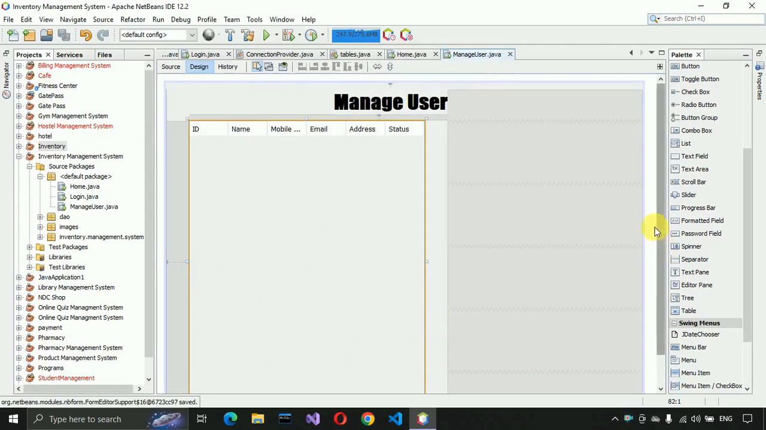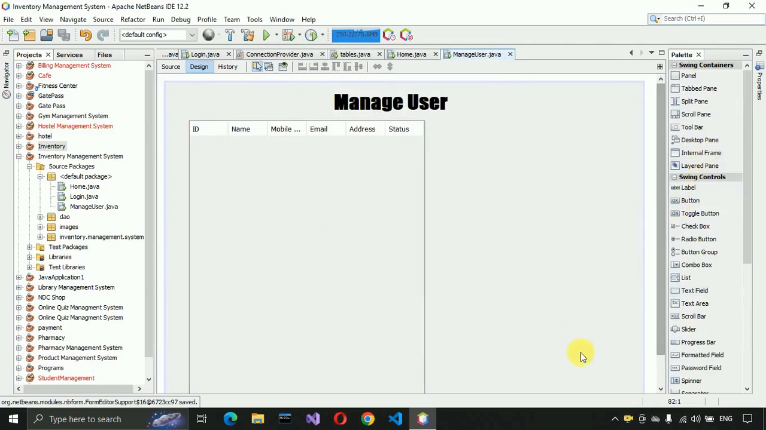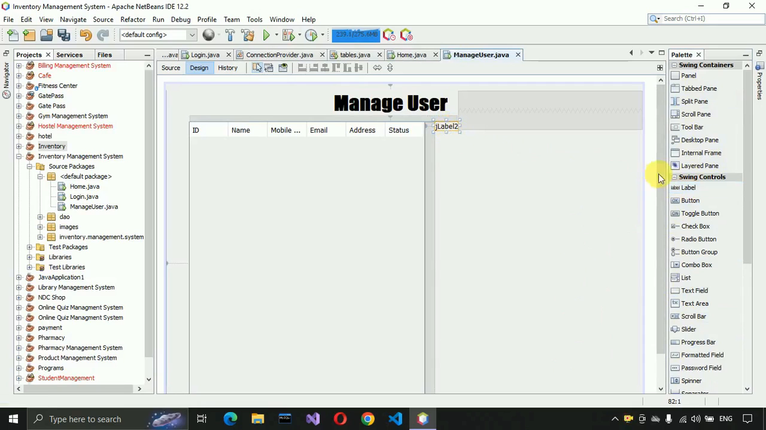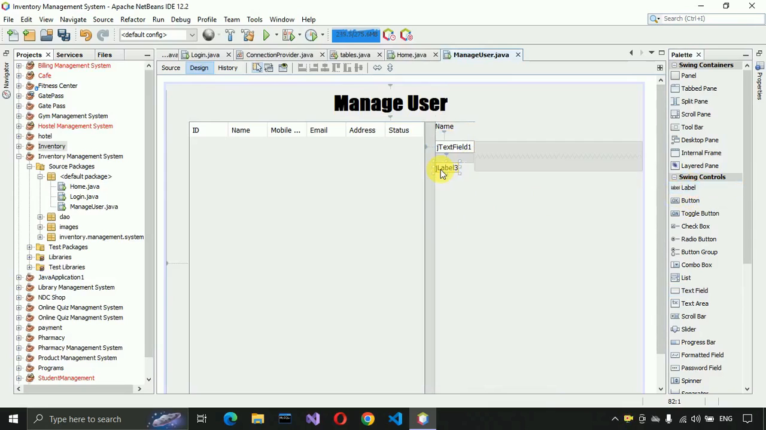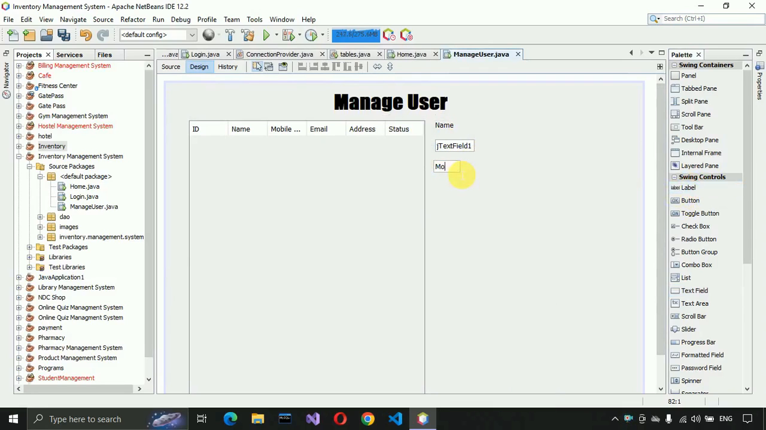And after that, here we need to create the form. So let me, here on the right side, we just need to place a label for name. So first, I'm going to put a label over here. After that, here we're going to put a text field. Let me rename this one as name. And one by one, we're going to place the multiple labels and all. So mobile number,